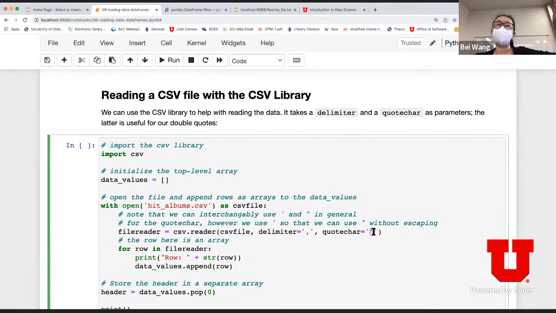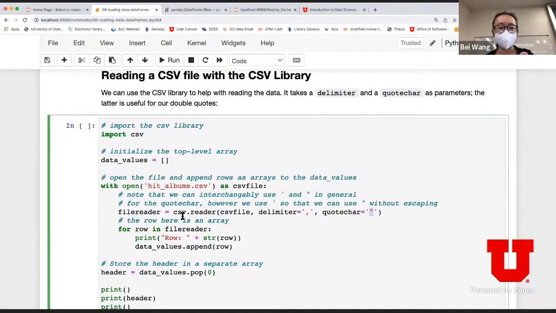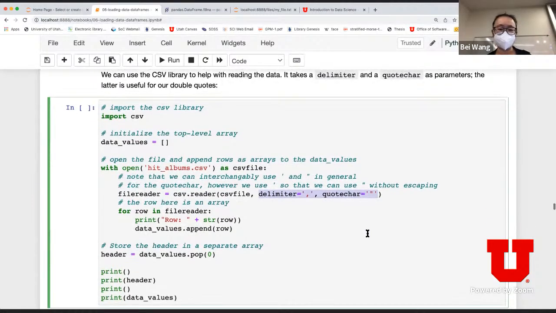Remember I said everything that I want to read as one whole entity is in double quotation marks. This is to specify that. Once you do that, you have read your file by specifying those configurations. This is also very similar to when you first load a CSV file into Excel. You need to tell Excel how to look for separators and for single entities. This is the same thing.